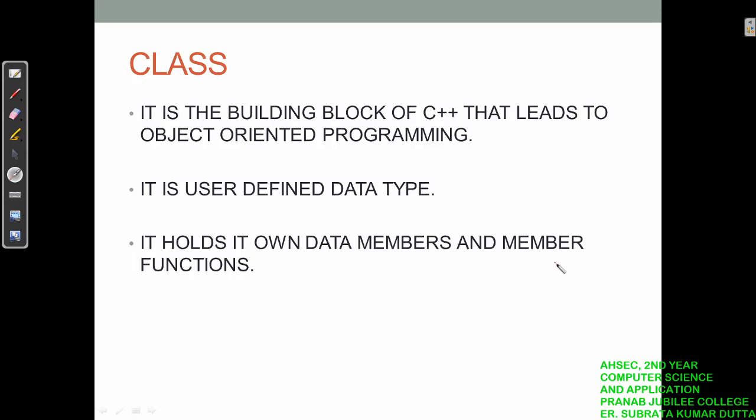Member means a part of, you can say. So those are the members of that class, or the parts of that class. So any variable or constant that is declared within a class is called a data member, and any function that is declared within a class is called a member function. Then let's see the next slide.